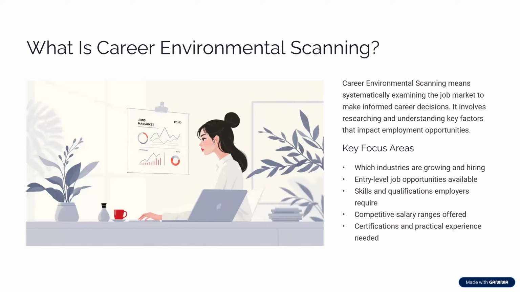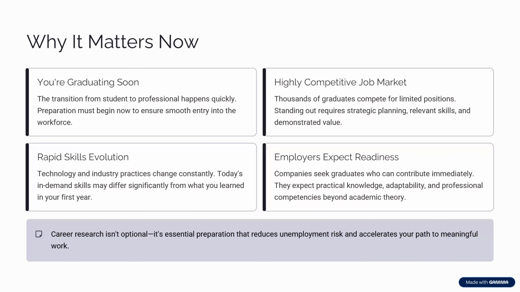And what will you be doing? What you will do is that you will find out all the necessary information you need about these careers. That has to do with the skills and the qualification needed, the certification and the years of experience needed, and also the available jobs for that particular career. Because you cannot just say that this is my career I want to pursue, and you have no information about the career. You should be able to know everything about that career. So that's the first assignment.